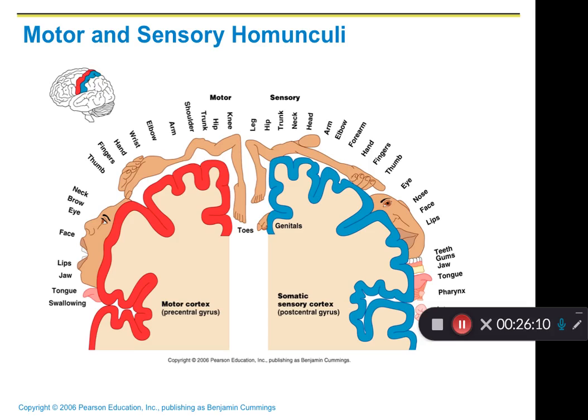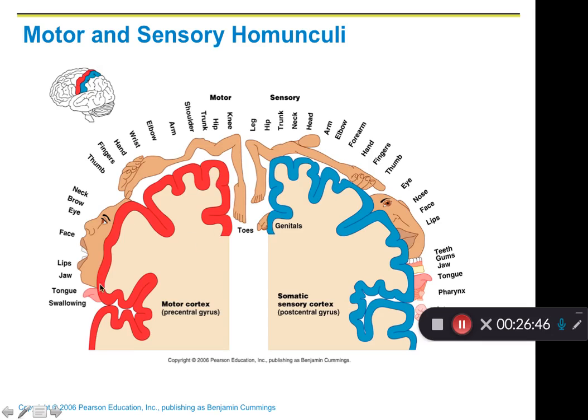is the primary motor cortex. This cortex controls the movement, the motor movement. The blue region is called the primary sensory cortex. This cortex detects the sensation of our body. If we cut the brain frontally, we can see